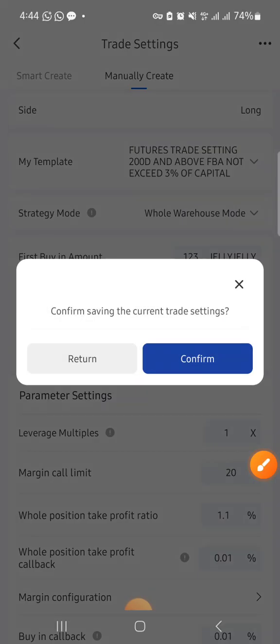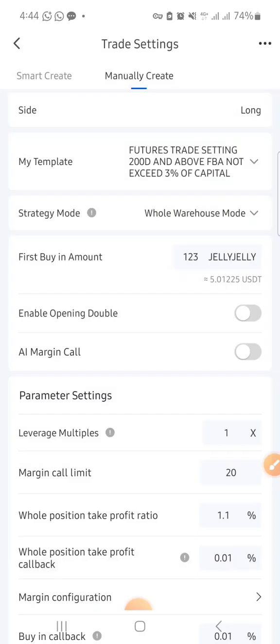I'll just continue with the other settings, okay? But my first buying amount is not $5. My first buying amount, when you look at what I chose,